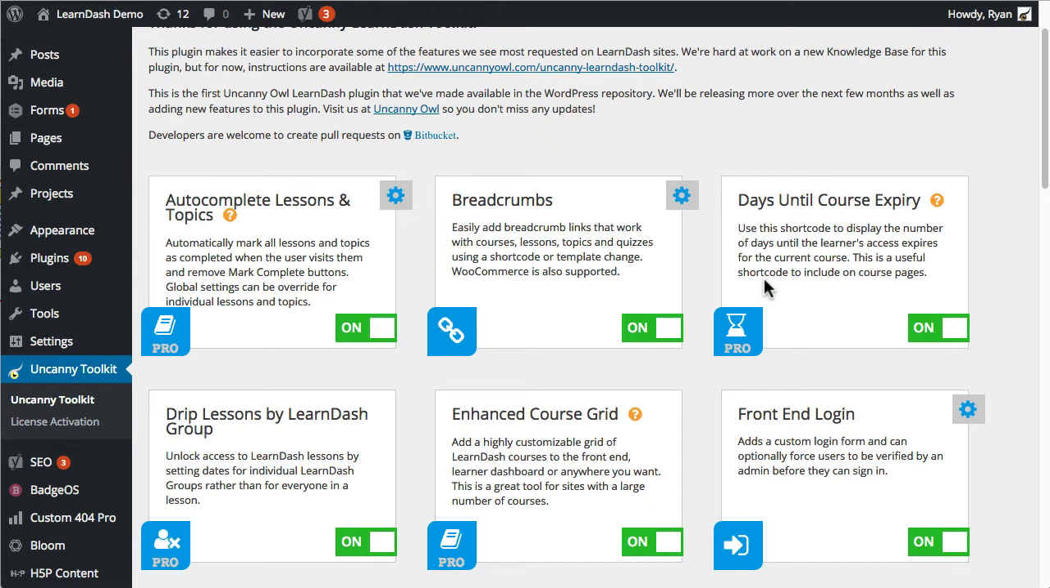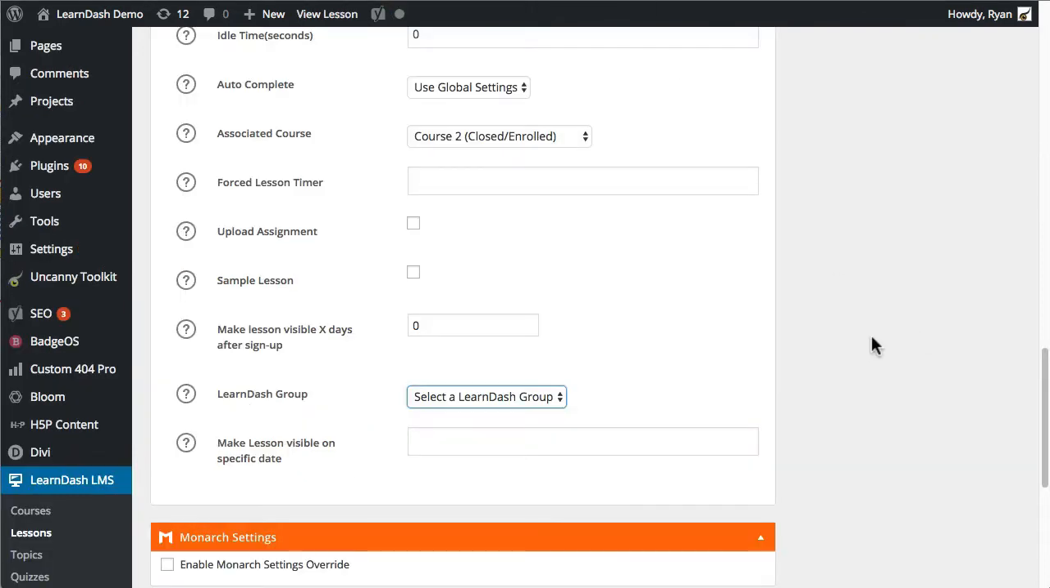So it's a pretty simple module. There are no settings for it. To turn it on, just flip the switch here and then save the changes. And once you've done that, if you go into any edit page for a lesson, then it adds a new